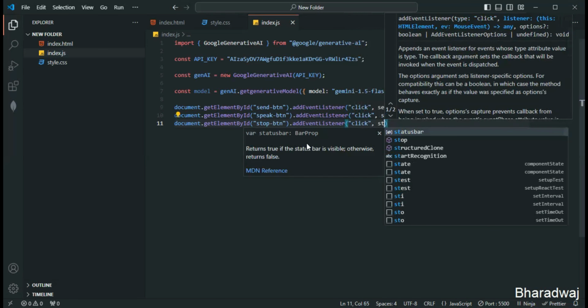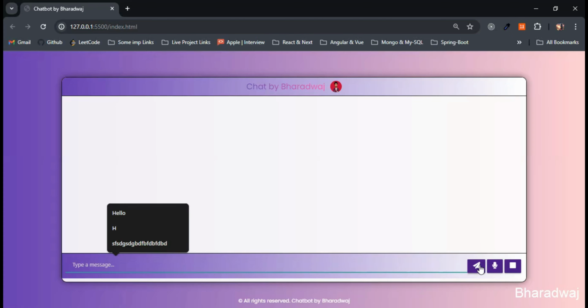Next we'll add the event listener to the user input field as well. The user input field is nothing but this one. Why do we have to add the event listener to the user input field? Just to trigger the send message function on enter key press as well. When we click on the button, we trigger the send message function, and when we press the enter key also, we have to trigger the send message function. For that purpose,